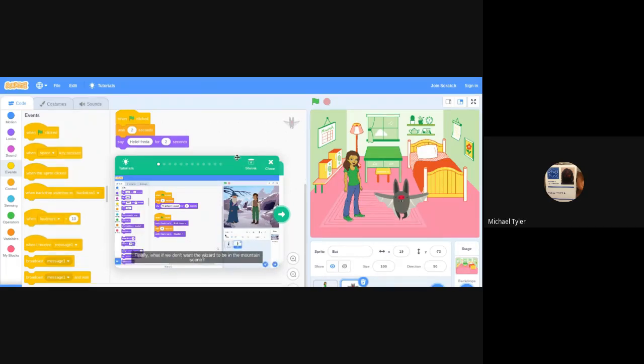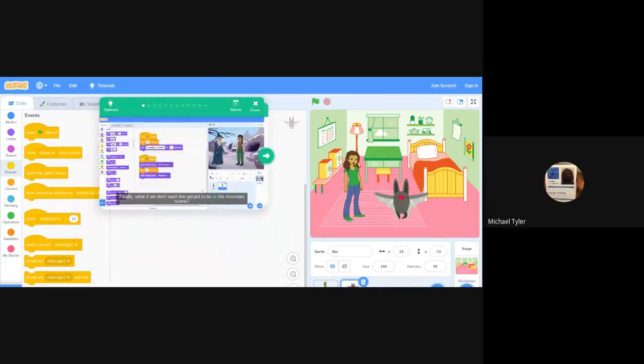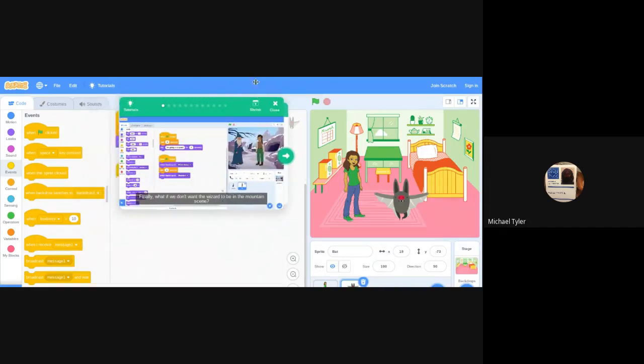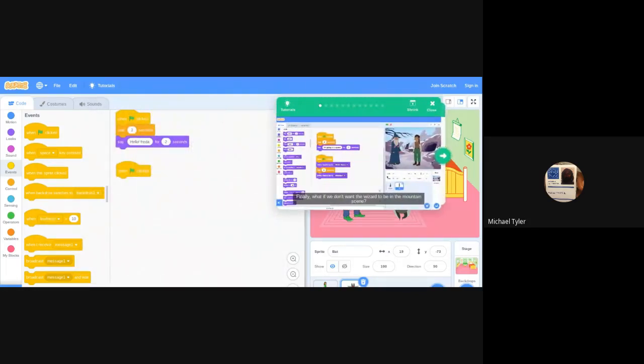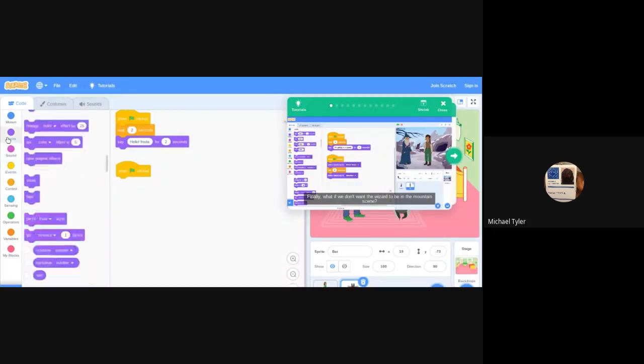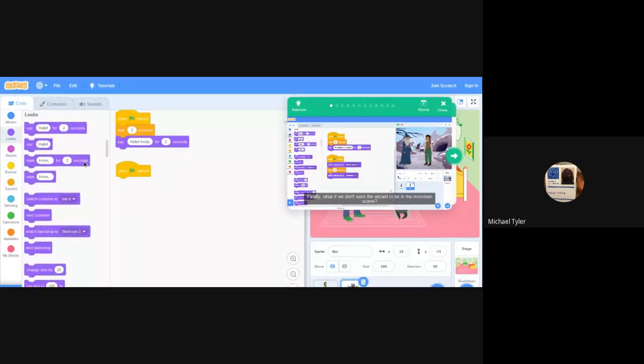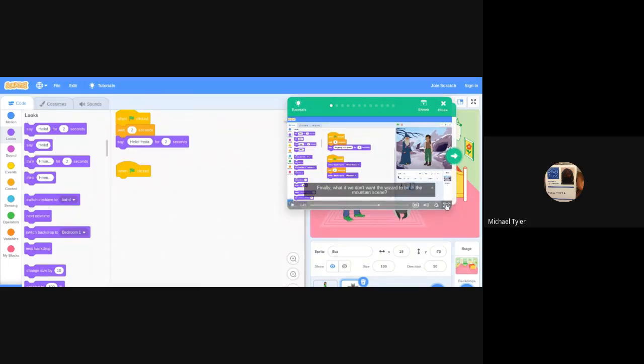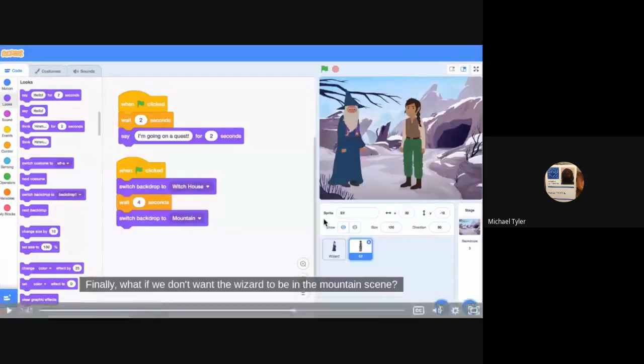No, it wasn't shrink. Just move it over because you might need it later. There you go. Now, do what they did real quick. I think the next one was looks. And then you can blow the video up again if you can't see what block they use. But it's similar to what you did last time. Switch backdrop.